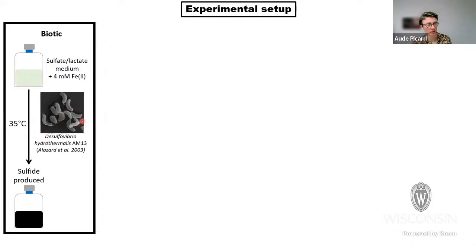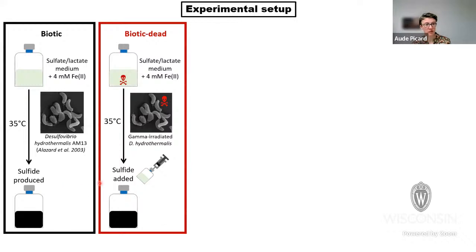And then as soon as the bacteria produce sulfide, you can see the medium darkening. So it's a very easy indicator of growth and sulfide production because it turns black and becomes more and more opaque, as I showed you in that first slide.